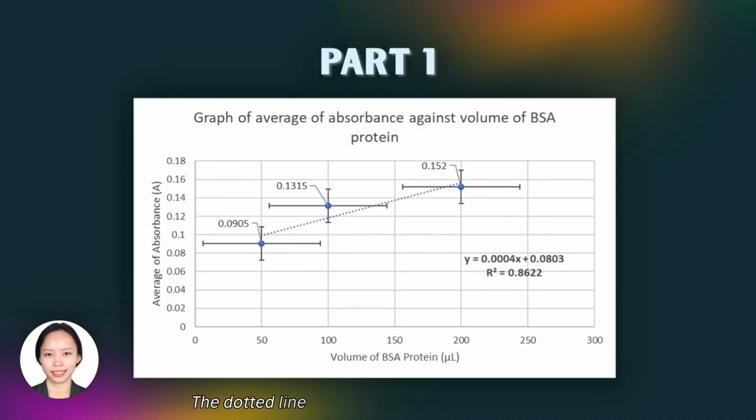The dotted line shows the best fit linear trend line. The linear regression equation for the graph is given as y equals 0.004x plus 0.0803, with the coefficient of determination r² value equal to 0.8622, suggesting a strong linear correlation between concentration and absorbance